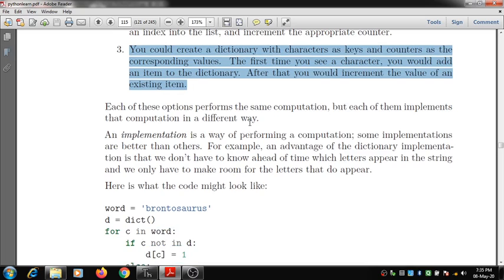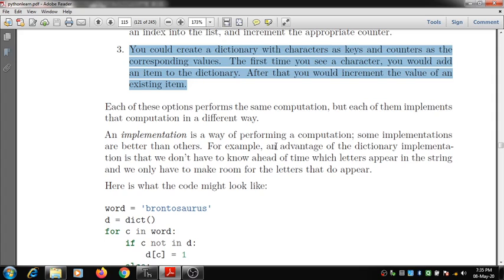Each of these options performs the same computation, but each implementation of finding the characters in a given string is done in a different way. An implementation is a way to perform a computation. So what kind of implementation you choose in order to count the characters in a string is important, and which one is better is what you need to see.